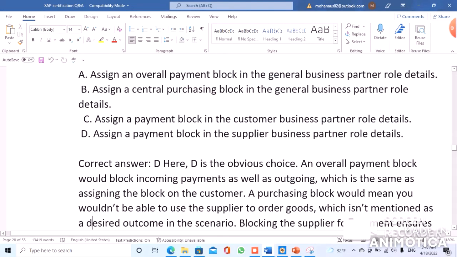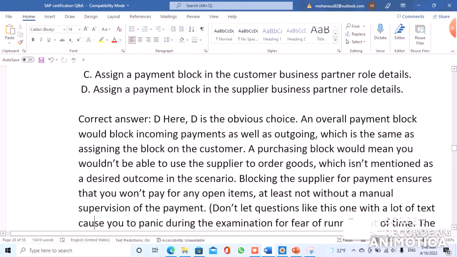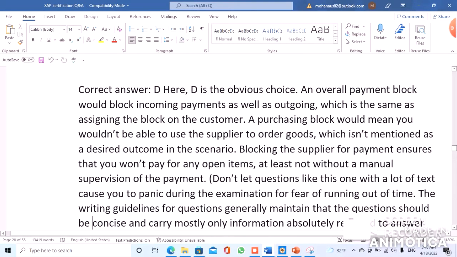An overall payment block would block incoming payments as well as outgoing, which is the same as assigning the block on the customer. A purchasing block would mean you wouldn't be able to use the supplier to order goods, which isn't mentioned as a desired outcome in the scenario. Blocking the supplier for payment ensures that you won't pay for any open items, at least not without a manual